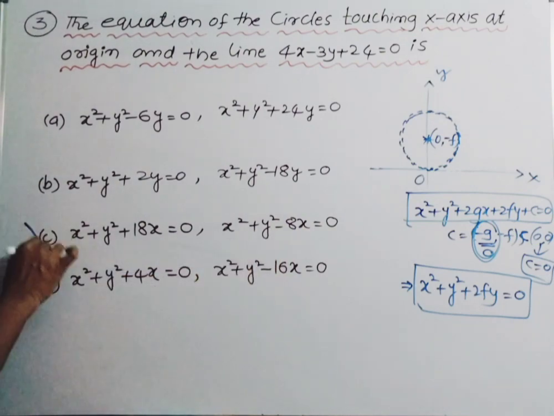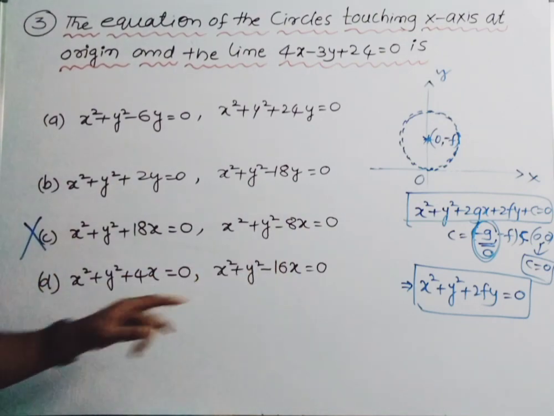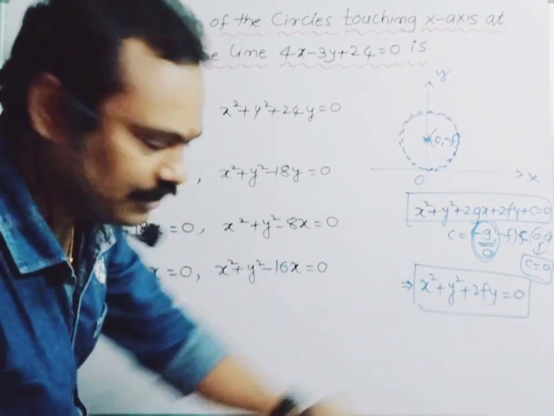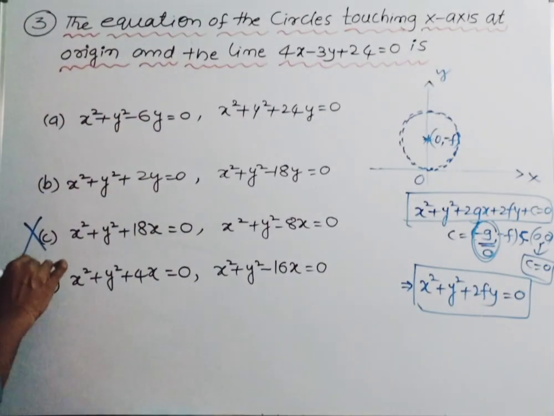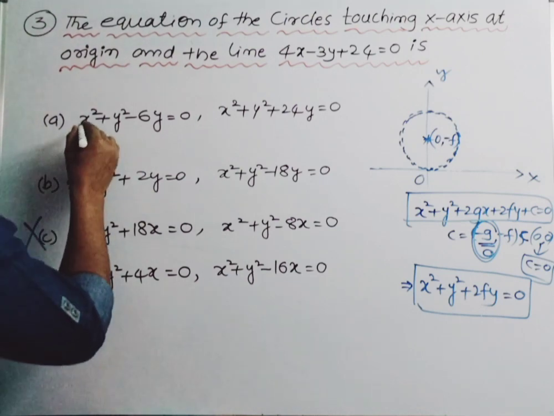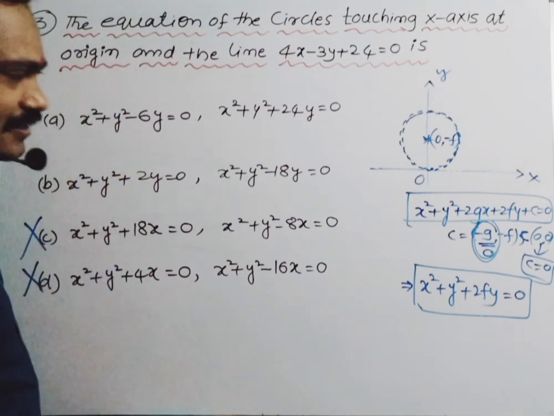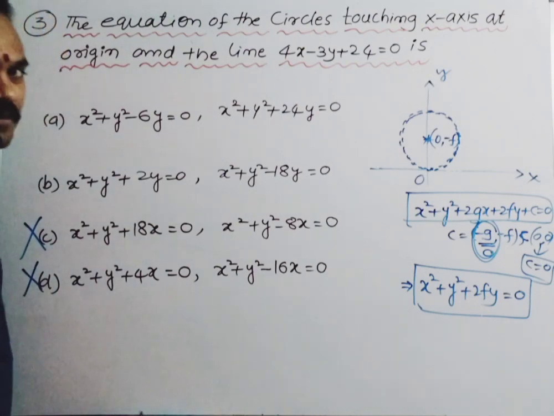So it's ruled out, beta. Why? Your required circle must be in terms of x square, y square and y terms. So D is also ruled out. So you have to check, is the first option the right choice or not? How can we check? Simultaneously,